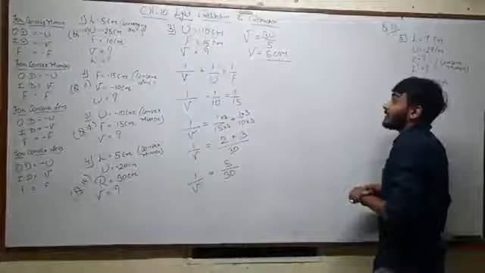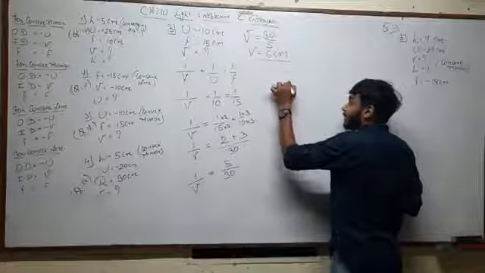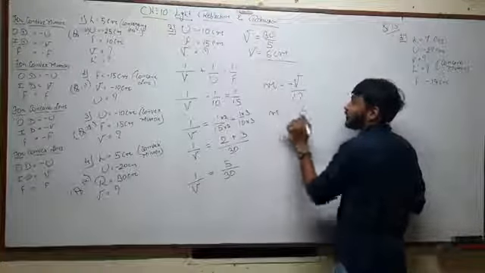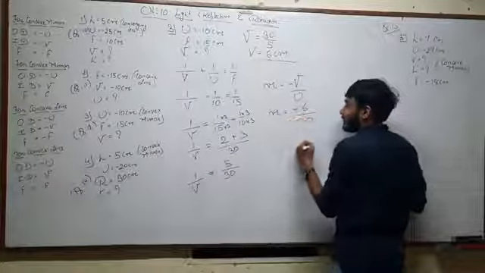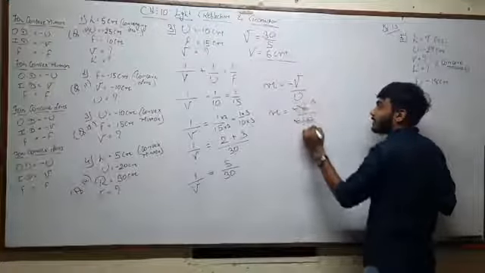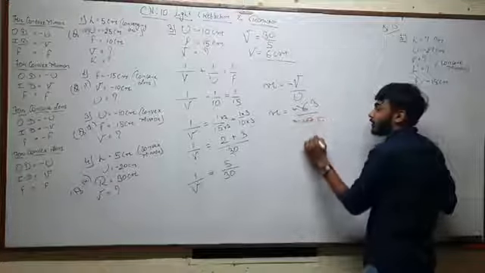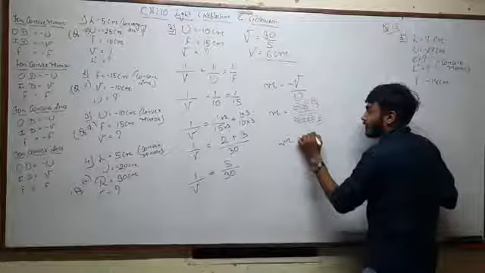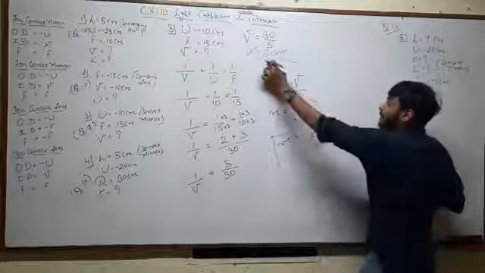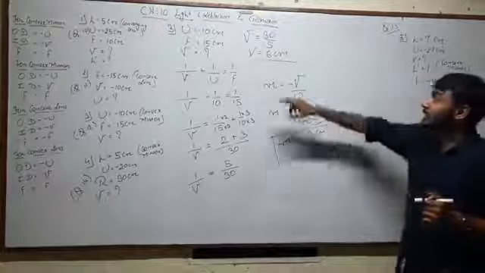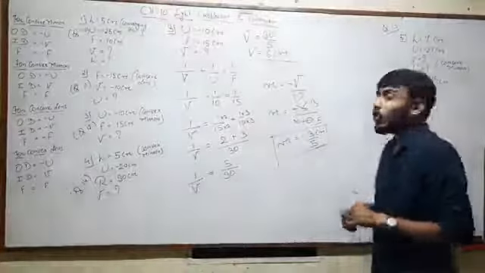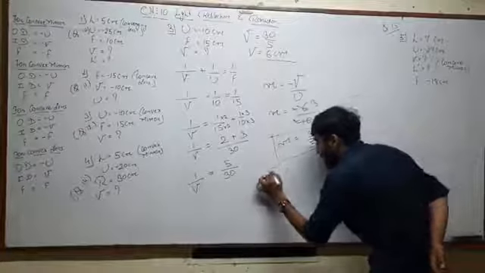So if we want to find the magnification, then it will be something like m is equal to minus v upon u. So what is v? That is 6. What is u? That is minus 10. Cancel out this. So this becomes 3 twos are 6, and this becomes 5 twos are 10. Okay, I hope you are clear. So answer will be 3 upon 5. This is your magnification. This is your image distance. Now you can see that the image distance is nearer than that of object distance. Okay, and so it will be small in size.